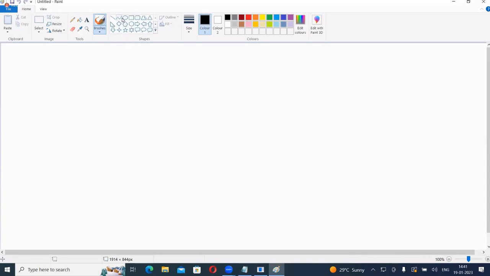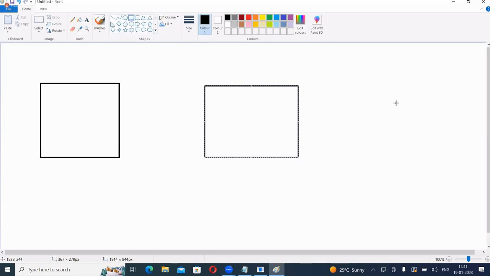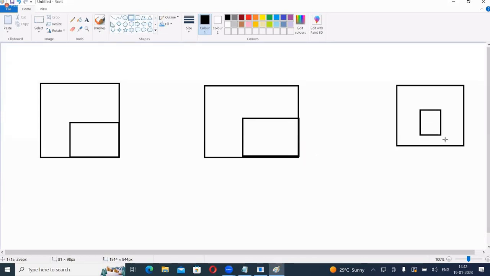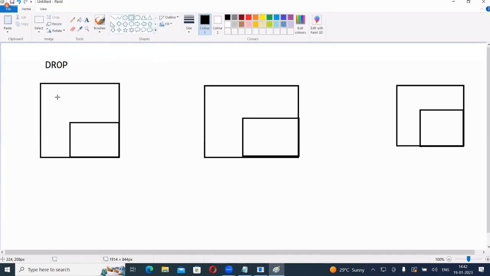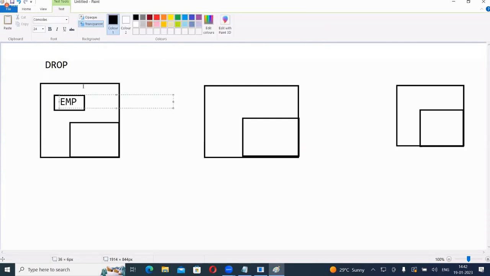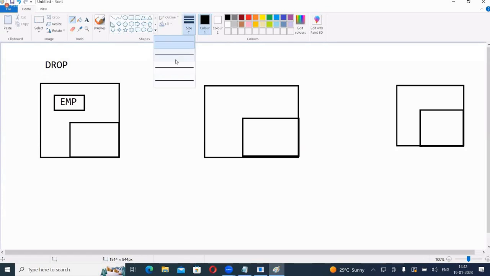Once again, this is the database, and this is the recycle bin. The recycle bin is also part of the database. Yes or no? Yes, the recycle bin is also part of the database. So tell me what the drop command is doing. This is the EMP table. What does the drop command do? It moves the table from the database to the